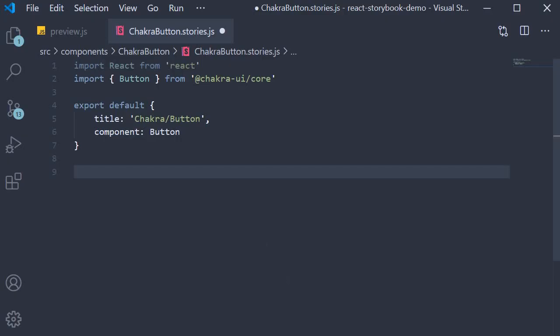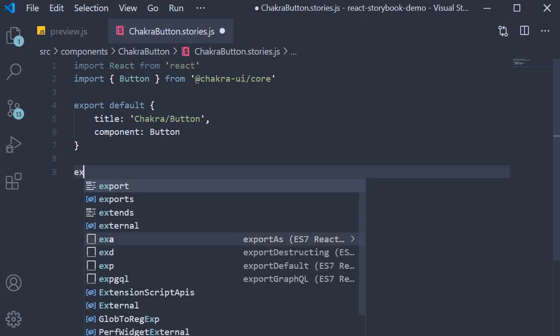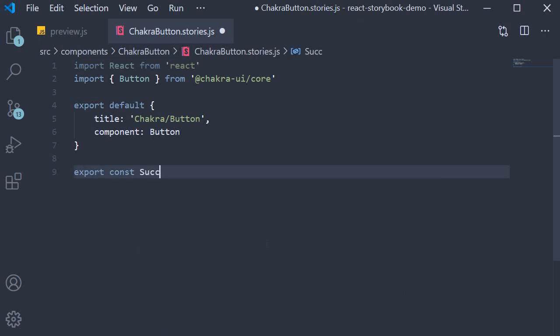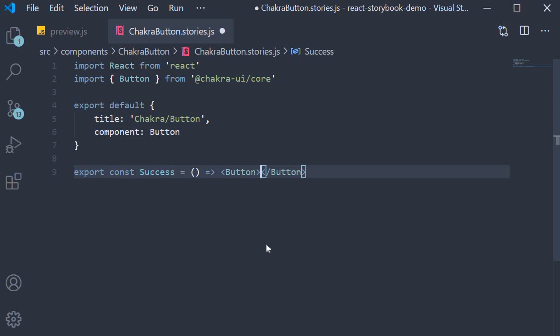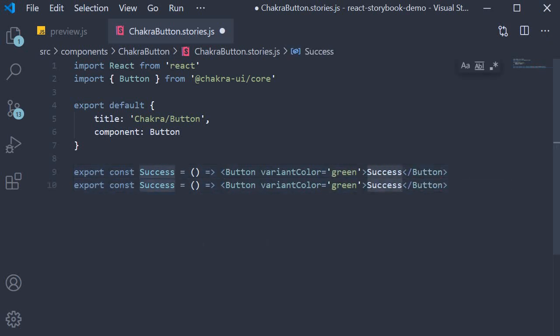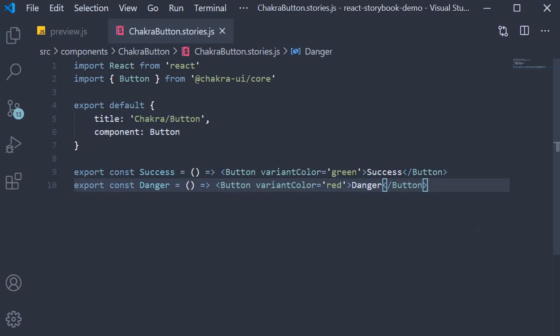Let's go back and add a green as well as a red colored button. So export const success is going to be equal to a component which renders button. The text is going to be success. The variant color is going to be green. Similarly, the second button is going to be danger and variant color is going to be red. If you now save the file and restart Storybook